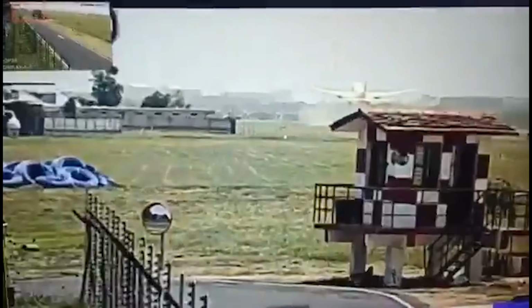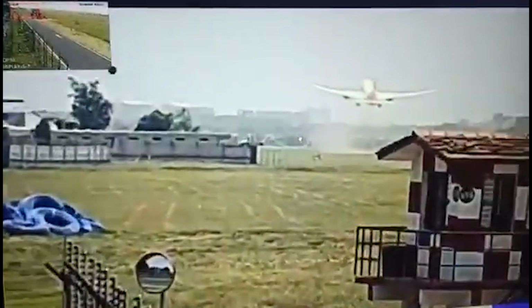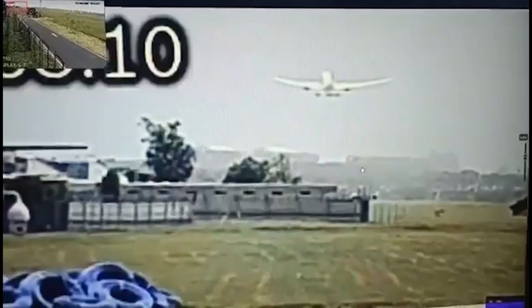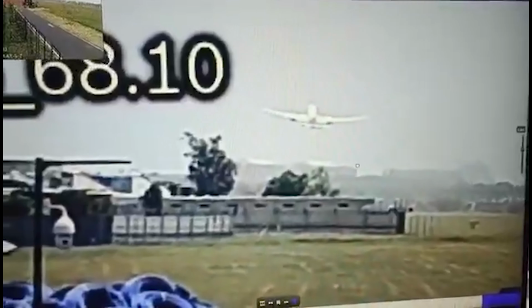Now, going back to the security cam video here, as it goes up, you don't see any sign of a problem here. But they must have known there was something wrong. So probably right around here is when they issued the Mayday. We do know that they issued a Mayday call. And then it started to drop down right here. So they must have known as soon as they took off that probably there wasn't enough power.